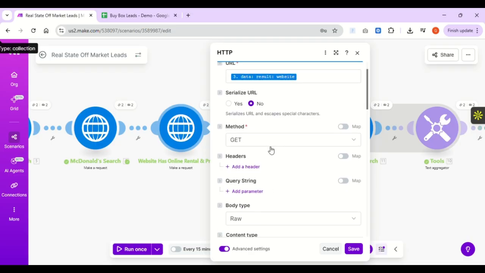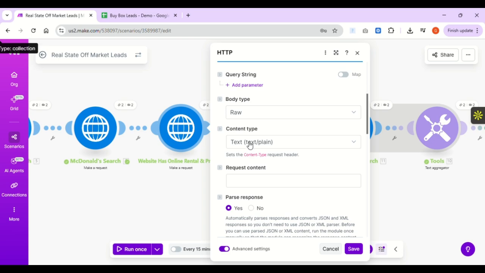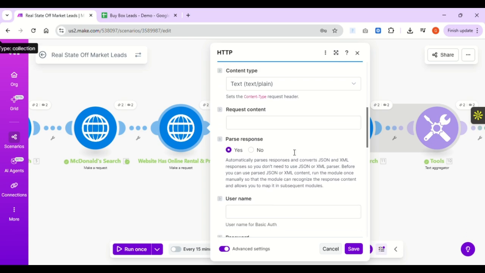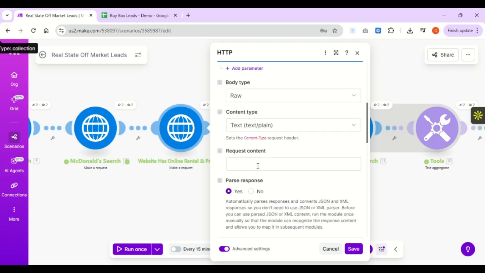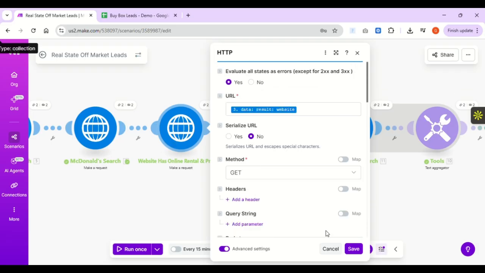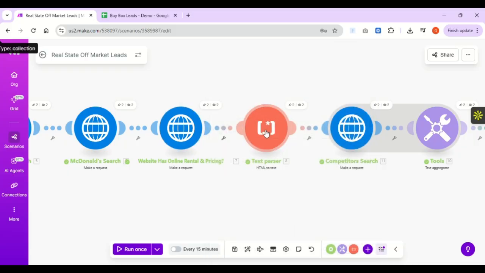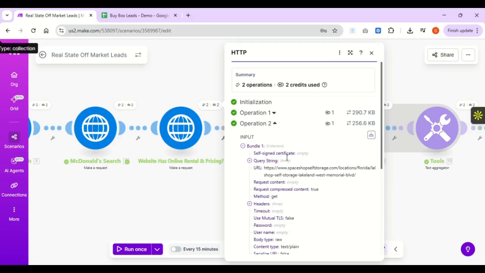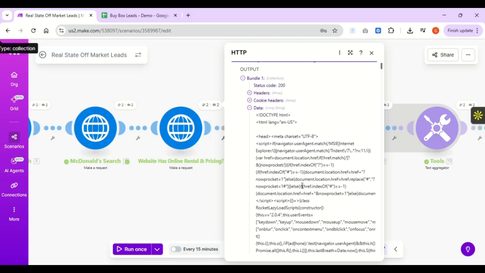But another time GET, and just setting this as raw. I want text because I want the content of the page, so later I can search it. I'm checking yes here, and that's all. I want the content of the website, so later I can search for keywords. It's going to give me the content of the website in HTML, like this,